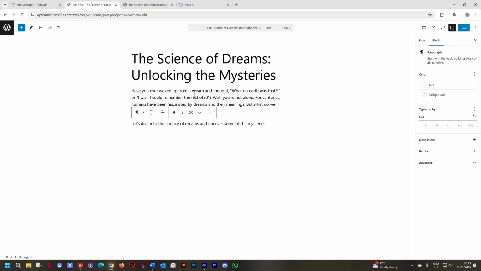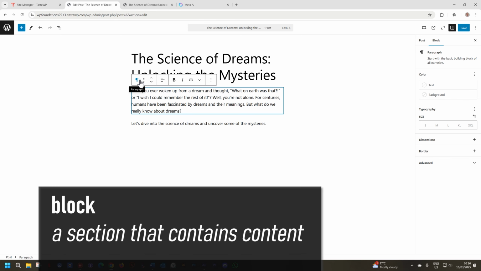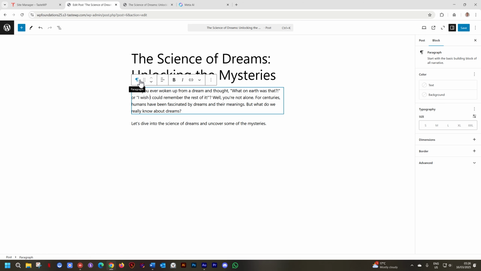Let me show you. Click on the first paragraph. You will see this toolbar appears here, and as I hover all the way to the left, there is a blue bounding box around the text. And go to the paragraph marker, and you will see the blue bounding box is only around that second paragraph. Every time you have this feature where you have a toolbar at the top, and it surrounds with a blue border content on your page, this is referred to as a block, B-L-O-C-K. And this is the building blocks of the editor.